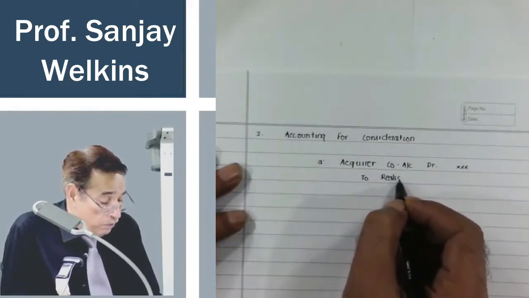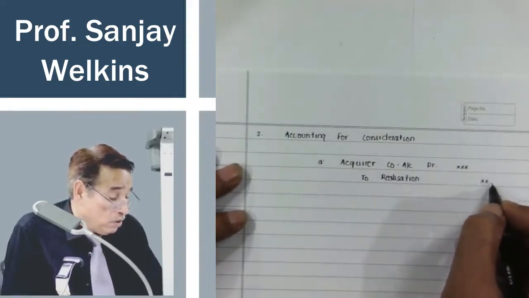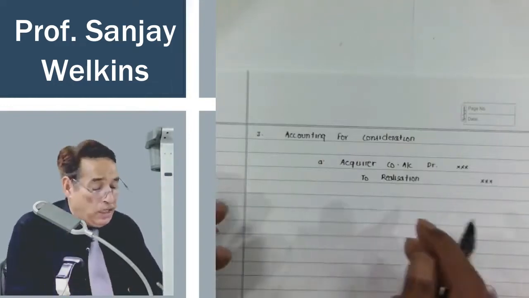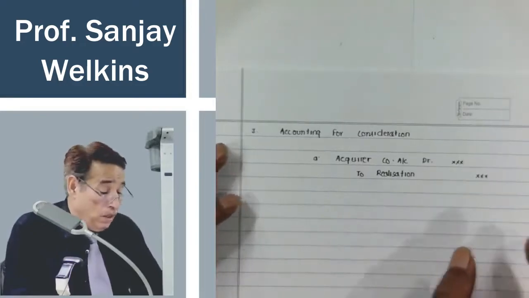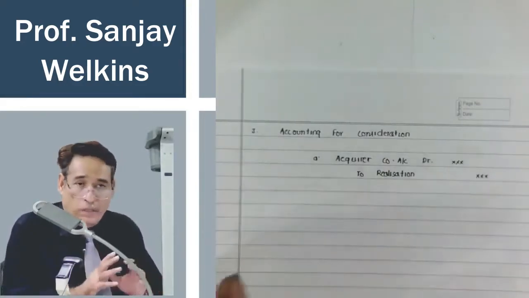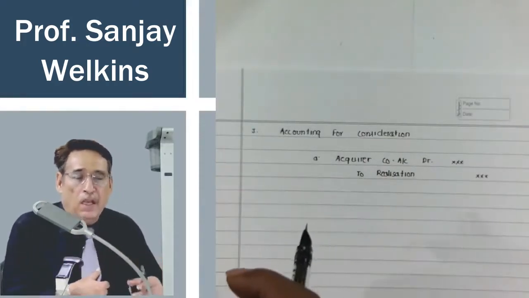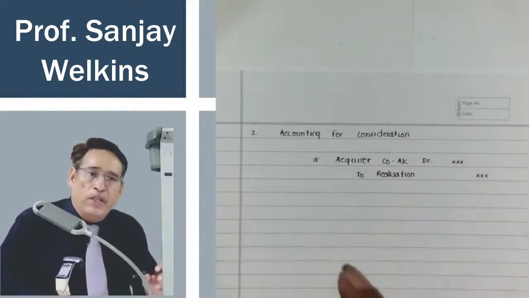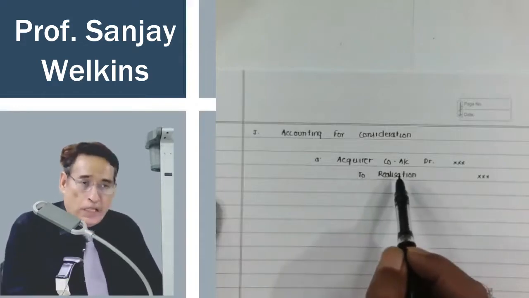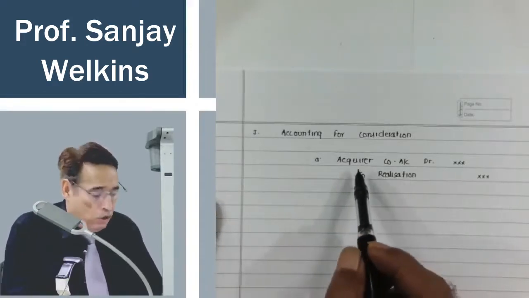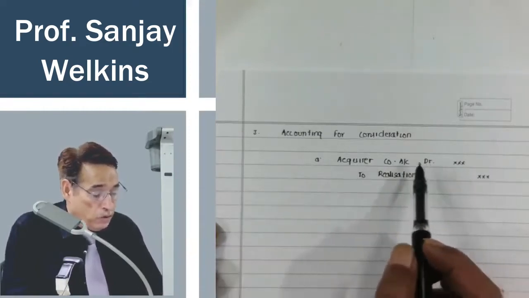Actually, the acquirer company will not immediately pay you. Generally, a deal is made first and then after some time you will receive the amount of consideration. So when the deal is struck with the acquirer, that means commitment has been made from both sides. Well, we are ready to sell our business and we are also ready to pay you the consideration. When such commitment has taken place, then on that date legally the acquirer has become a debtor from the perspective of the acquiring company. We are supposed to receive this much amount.